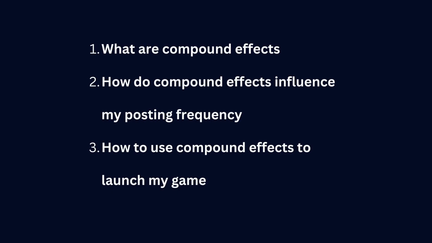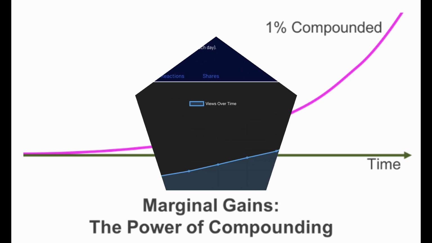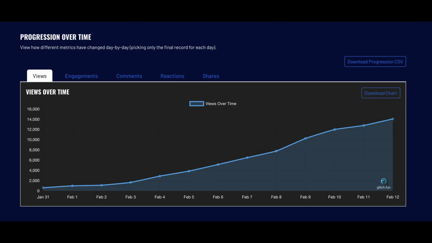This brings us to another important topic: compound effects. To start, compound effects in marketing refer to how your daily marketing activities, whether that be social media posts, blog updates, SEO, all build upon each other. Basically, every time you post new content, it not only gains traction on its own, but gives your past content a boost in views and engagement. Over time, this leads to more people engaging with your brand overall.